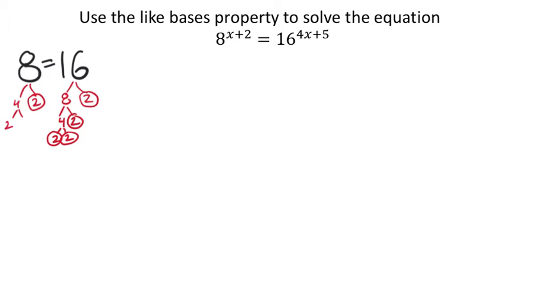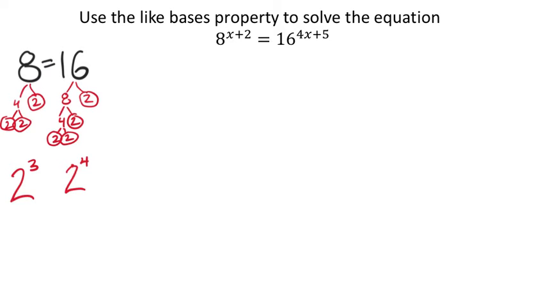Splittable word? 2 and 2. There we go. So just by changing those, again, I'm not changing the value. All I'm doing is changing the way they look. 8 would be 2 to the power of, there's 3 2's there. And 16 would be 2 to the power of, I got 4 2's right there. Okay. Now these aren't equal, so